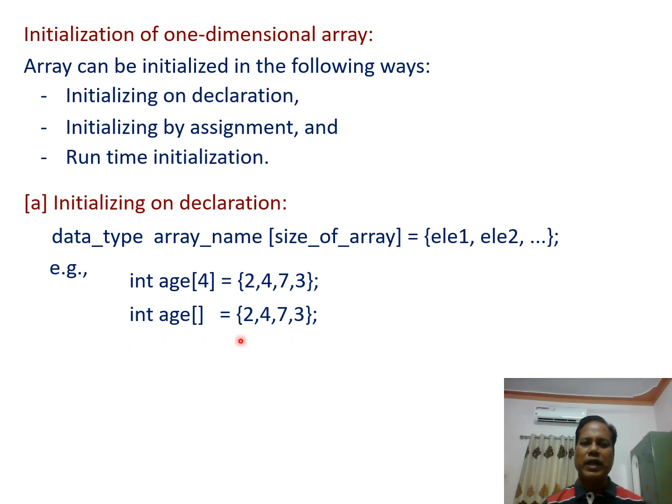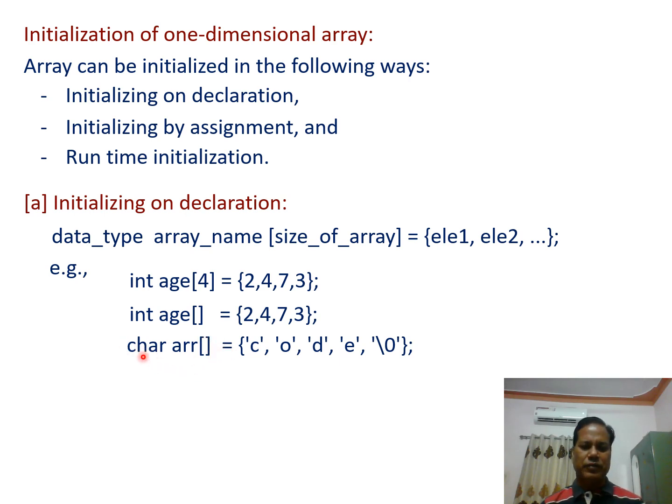Now this is another way. Here if we explicitly write each element of the array, then there is no need of declaring the size of the array here. This is optional. Also in this declaration, as we are putting explicitly each element value, we are not writing the size of the array.